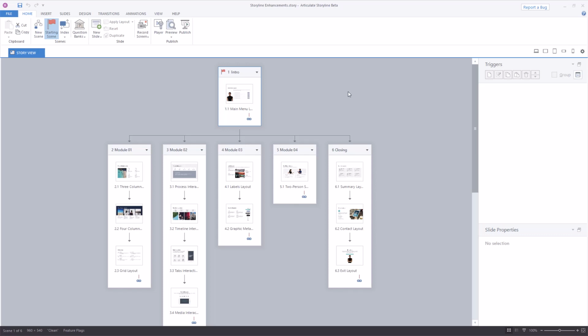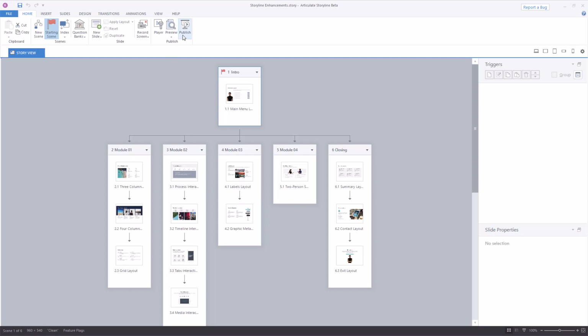And a new feature that a lot of folks have been asking about for a while, and that is cloud backups. You'll automatically be able to back up your Storyline projects to Review. So here's how they both work. I'm working on this project right here. I haven't yet published this to Review.